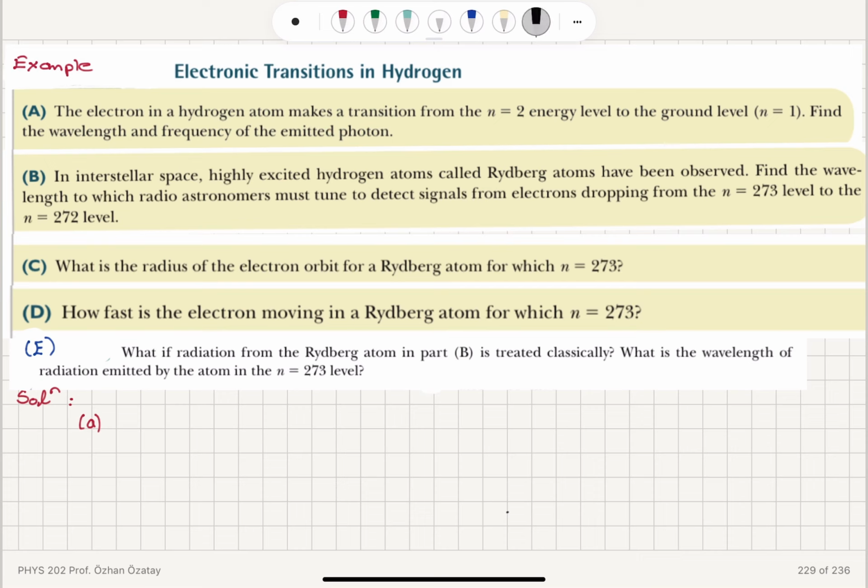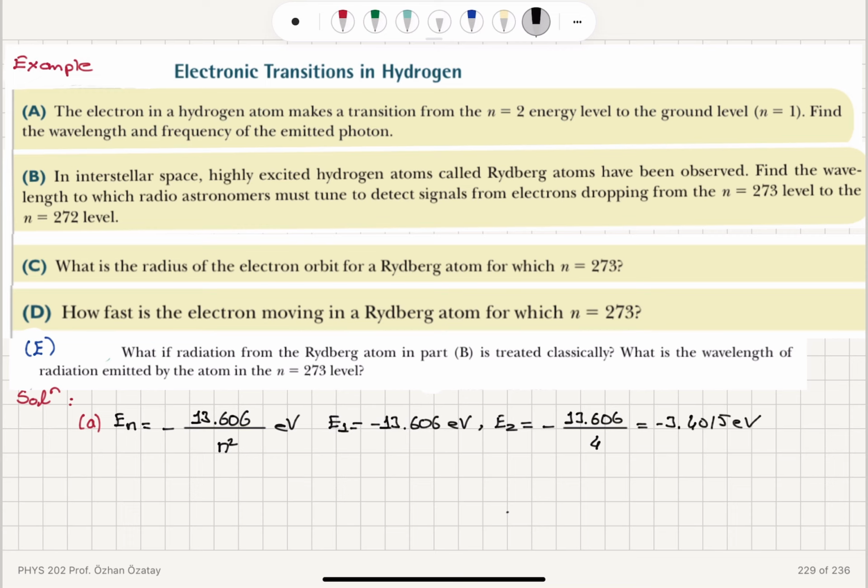Now, the energy levels in the Bohr model for the hydrogen atom are given by minus 13.606 divided by n squared, in electron volts. So using this we can calculate E1 to be minus 13.606 electron volts. That's the ground state energy. And the n equals 2 energy will be minus 13.606 divided by 2 squared, which is 4. That gives us